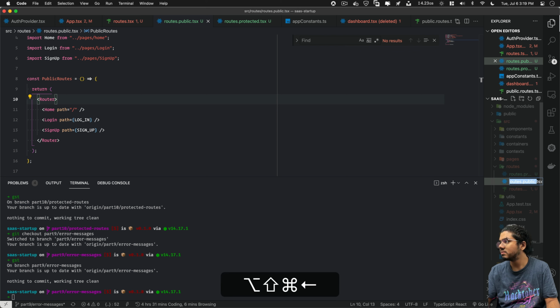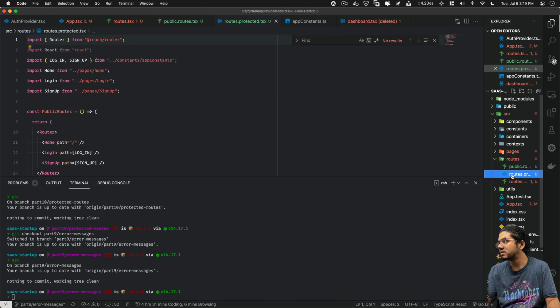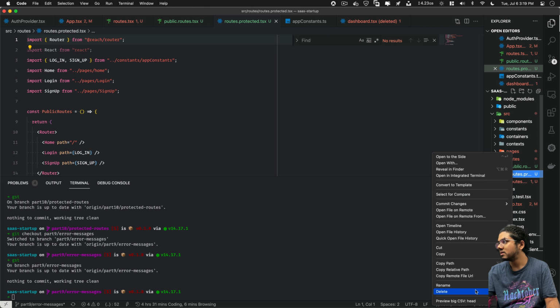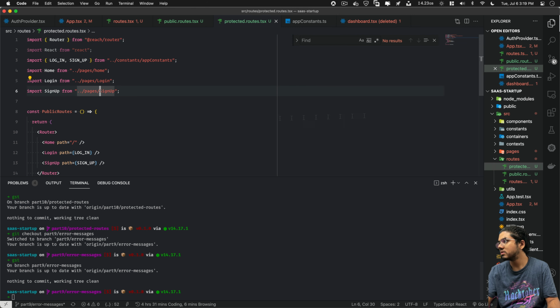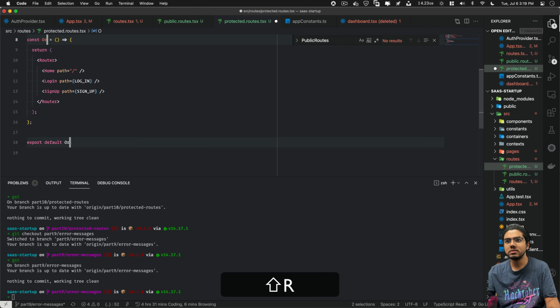We'll name it public.routes.tsx. It sounds better. And the other one is protected.routes.tsx. Okay, so this is protected routes. Let's rename it.